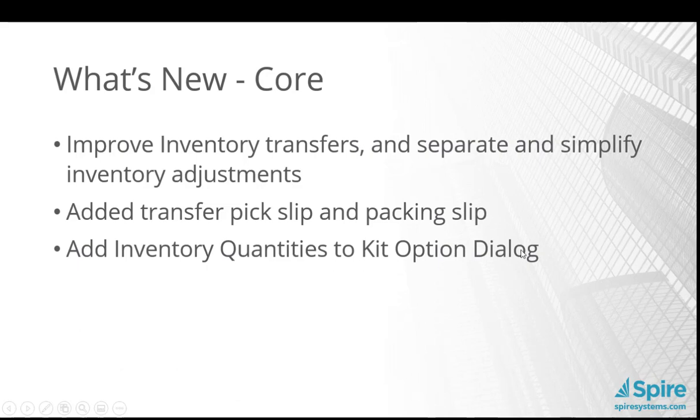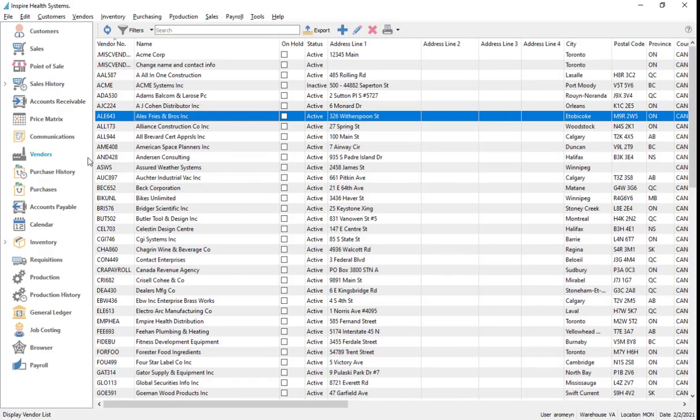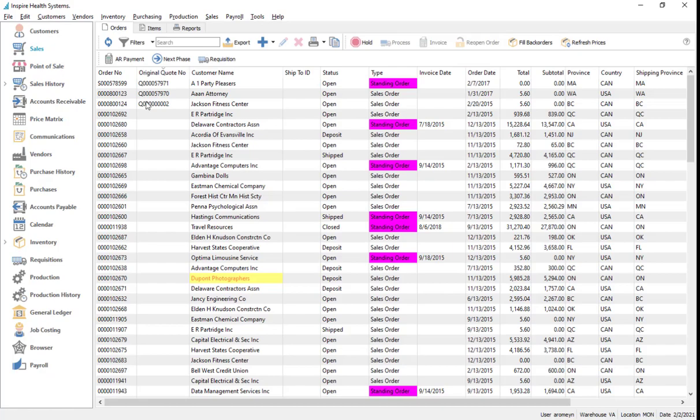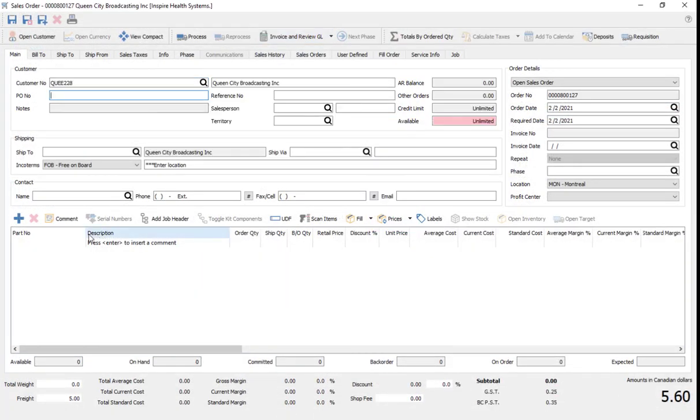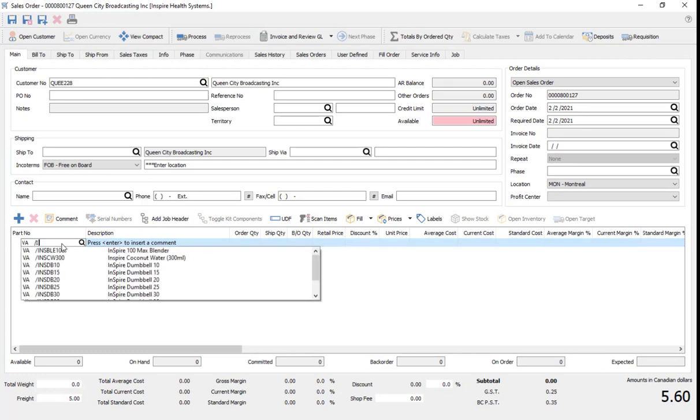Inventory quantities added to the kit dialog. So this is going to make a lot of people very happy. So we go to sales. I'm going to go ahead and sell a kit. And let's go